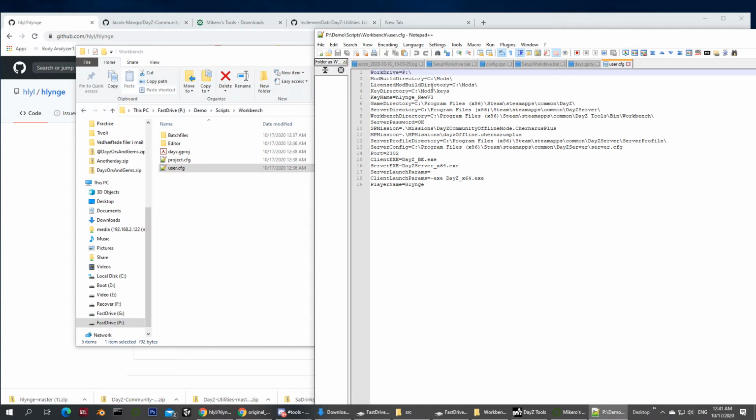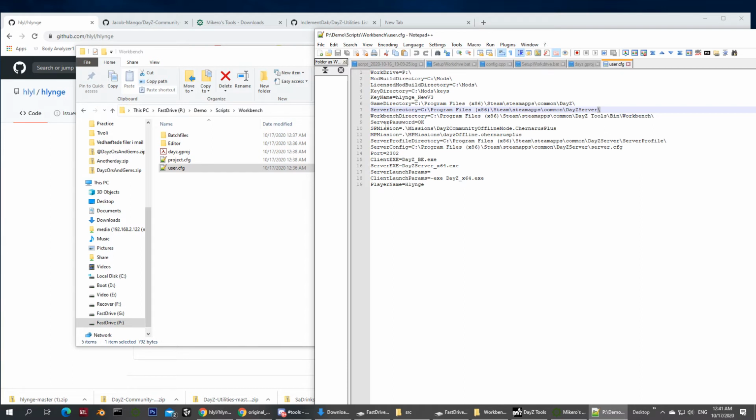If I have licensed mod content, that gets built the same place. A reference to my keys, where they are stored, a key name of my key file, reference to the directory server and workbench directories, all finalizing with a backslash.